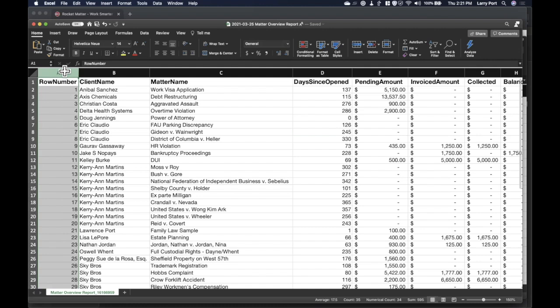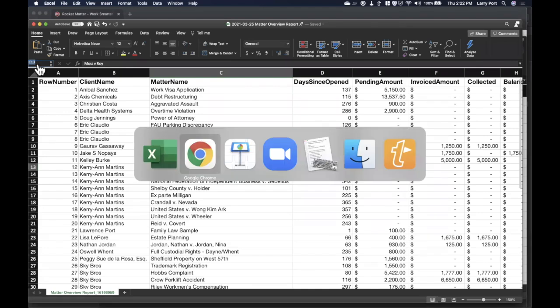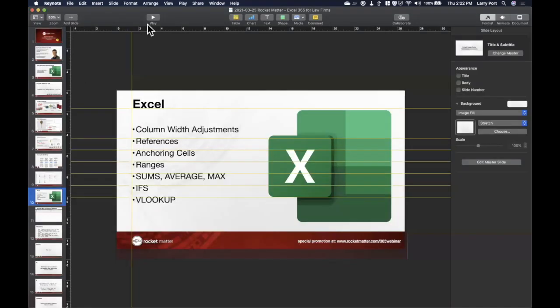Everything has a numeric value, and right here, I'm in column A, row 2. Over here, I'm in column C, row 13. And if I was ever confused about that, right here in the upper left-hand side, you can see that it's C13. That's important because we're going to build on this coordinate-based system, right? And so let's now jump back into the PowerPoint presentation and see where we are.